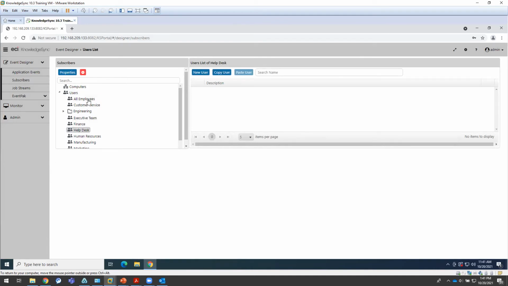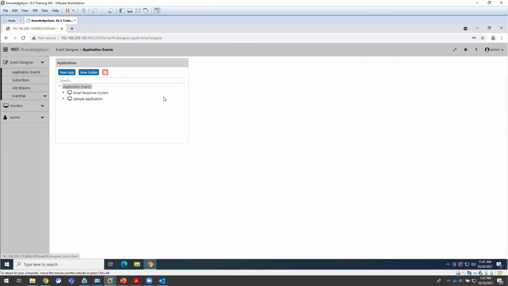It doesn't matter. But you can also do things using what's called subscriber linking, where I can create a group and then go out to my database and pull in the names and email addresses from my database of my employees or of my customers or of my vendors. Whatever, if you can query it, you can pipe it into subscribers groups, and that way, then when you come back into an event and you're asked who you want that event to go to,